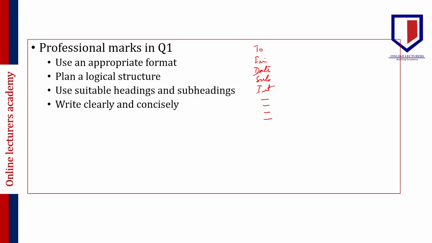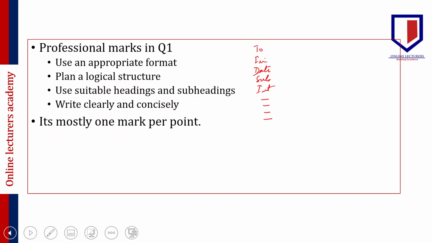Clearly and concisely. Don't overwrite. If a requirement is of 8 marks, don't write 2 to 3 pages. Just write to the marks, right? Whatever is in the marks, write up to the marks. Usually, it's 1 mark per point. 1 mark per point in the sense, for example,